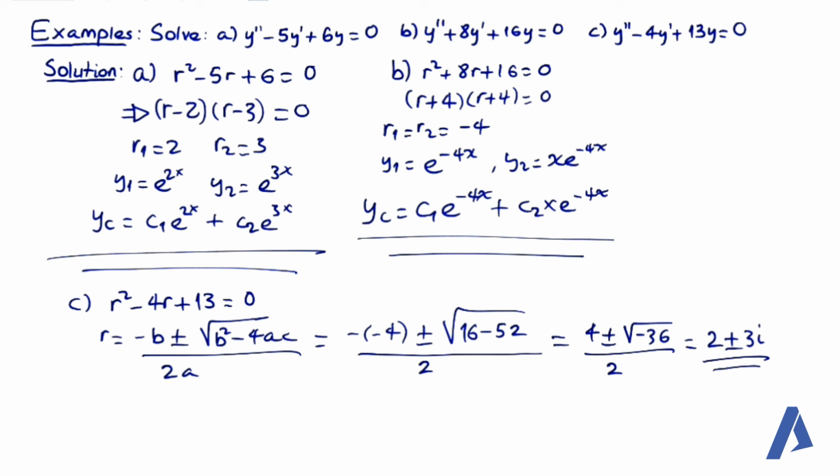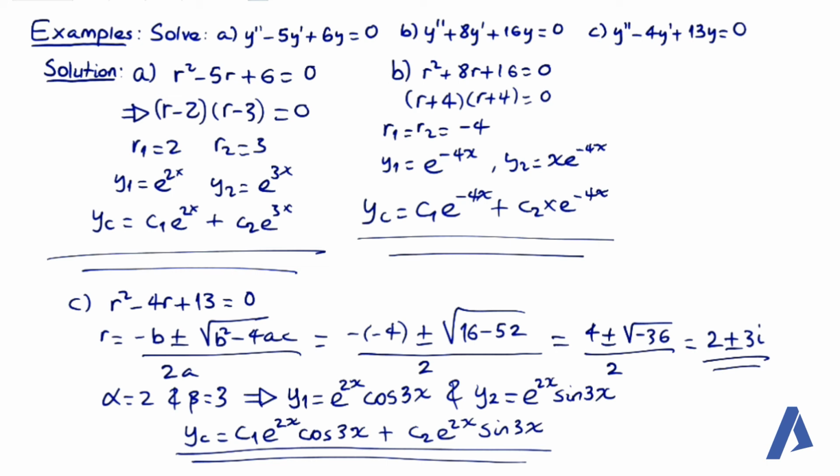ስለዚህ substitute ስናደርግ finally alpha plus or minus beta I form ስንጽፈው 2 plus or minus 3i ይመጣል። ስለዚህ from this alpha is equal to 2 and beta is equal to 3. ስለዚህ ሶሉሽናችን ምን ይሆናል ማለት ነው y1 is equal to e the power of 2x cos 3x and y2 is equal to e the power of 2x sin 3x. Then taking the linear combination of the two we can find the complementary solution ማለት ነው።